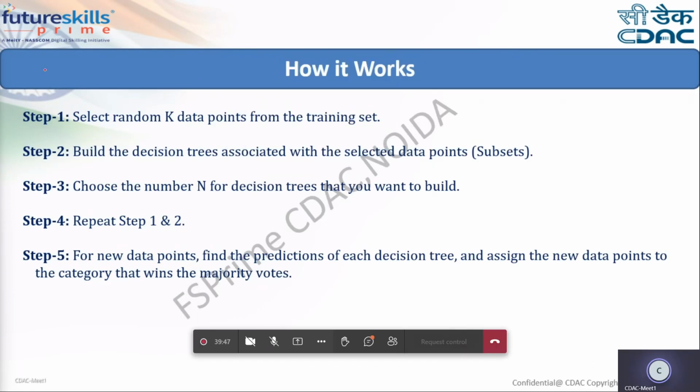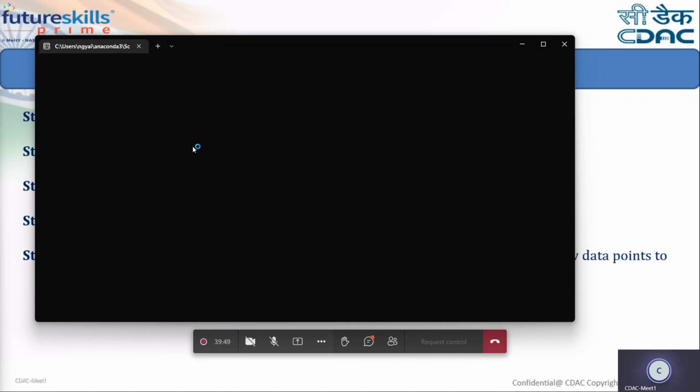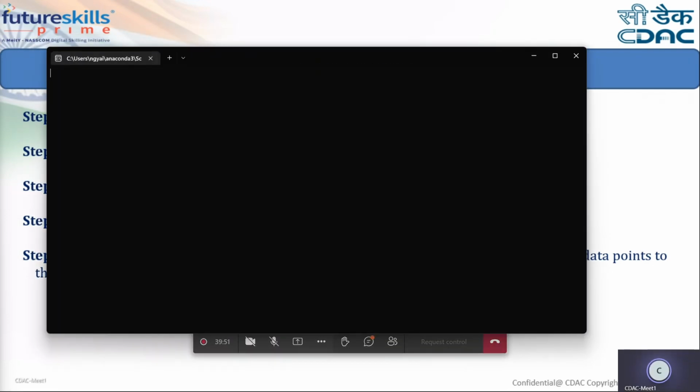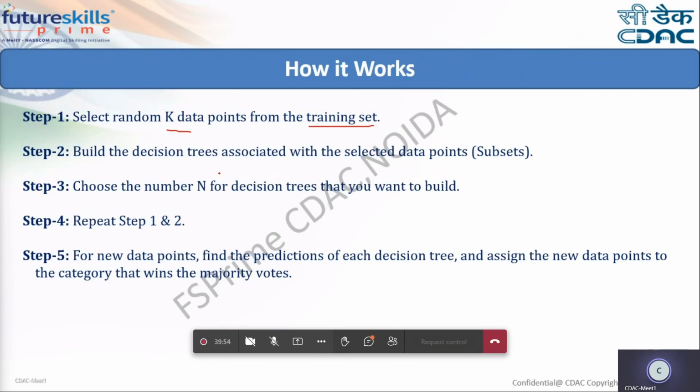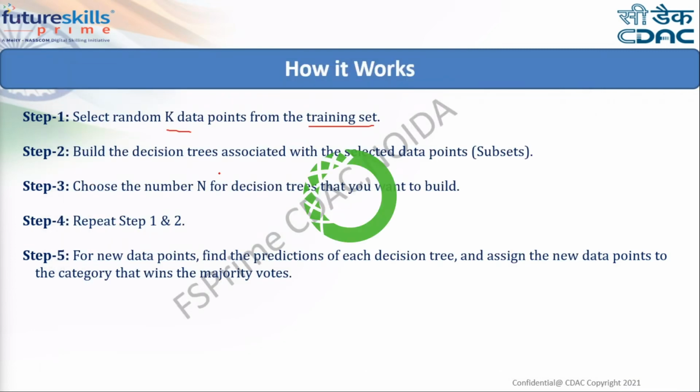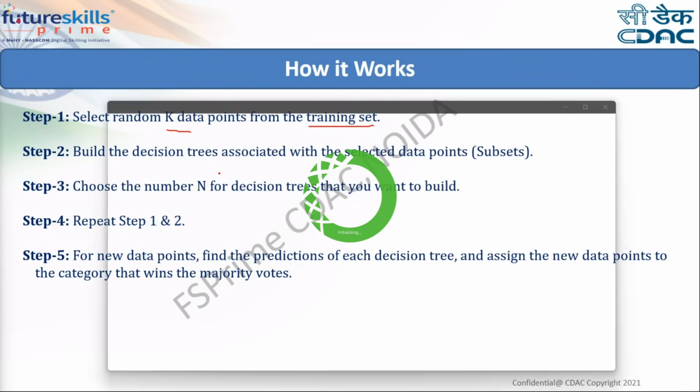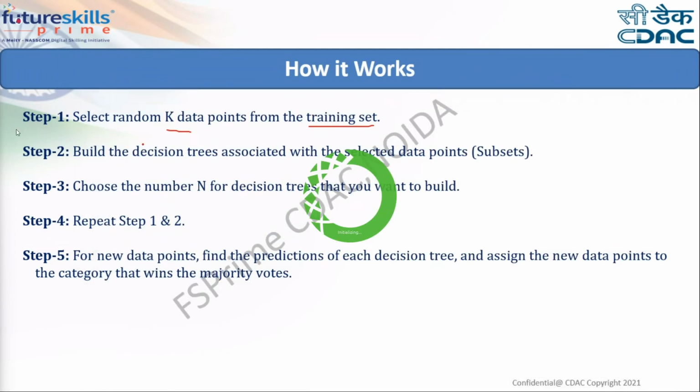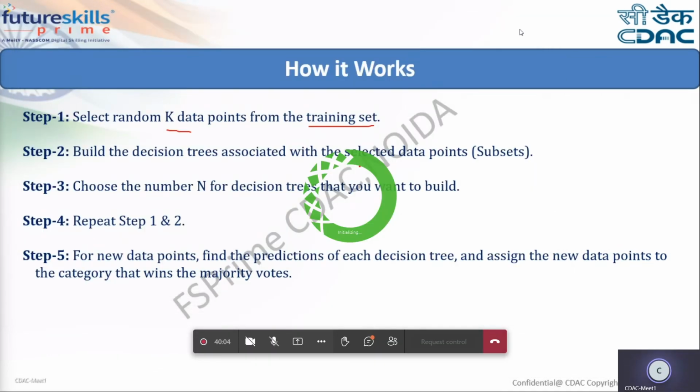Now, these are some steps. Firstly, select random k data points from the training data set. Some k points will be randomly selected from the training set, and that will be given to the decision tree, let's suppose decision tree 1. Then build the decision tree associated with the selected data points.